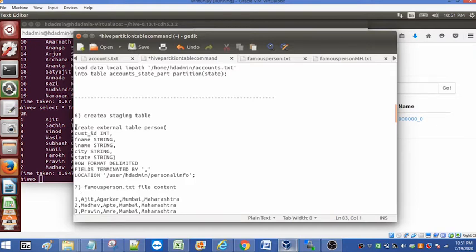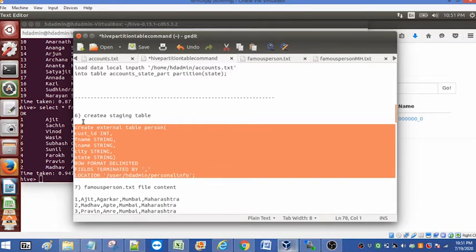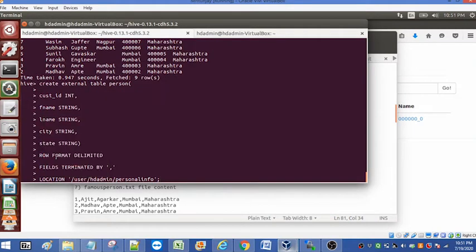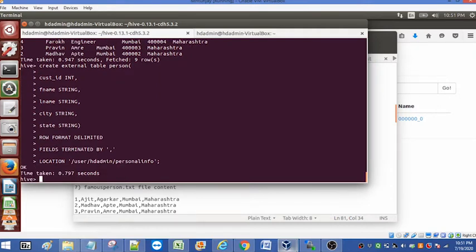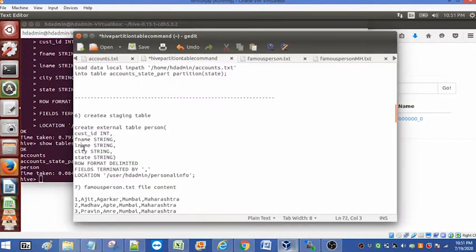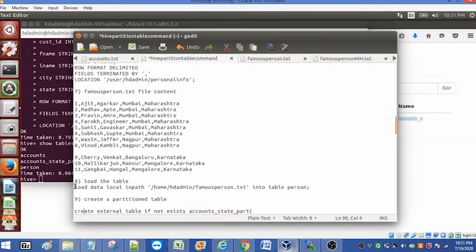For static partition, first I have a staging table where we will load the data. Table created. Person is created. Now we will load the data in the person table.